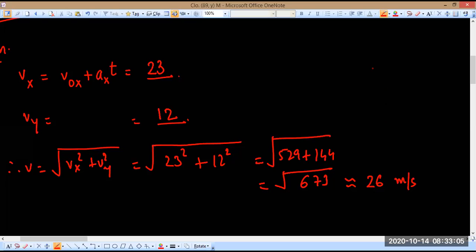Okay. In fact, how much less will it come? It is going to be 26 into 1 minus 3 by 676 into 2. This is what it's likely to be. Okay, this is what we'll get. It will be slightly less than 26. Right. Okay, anyways,